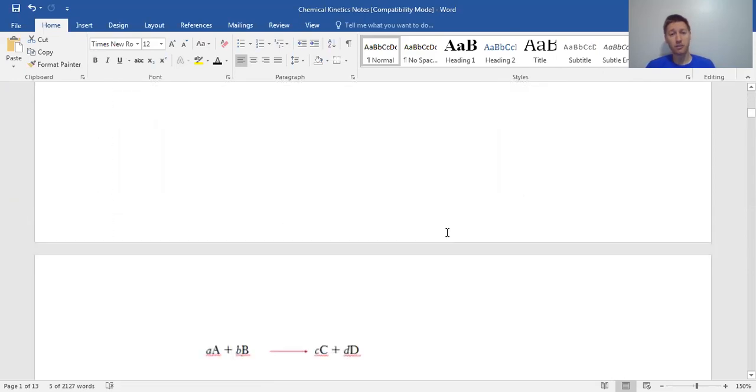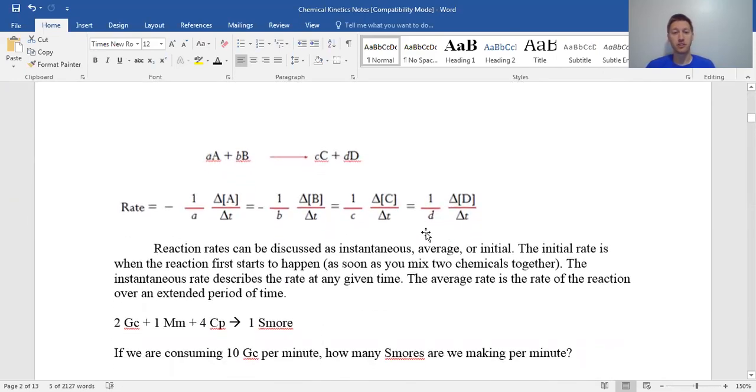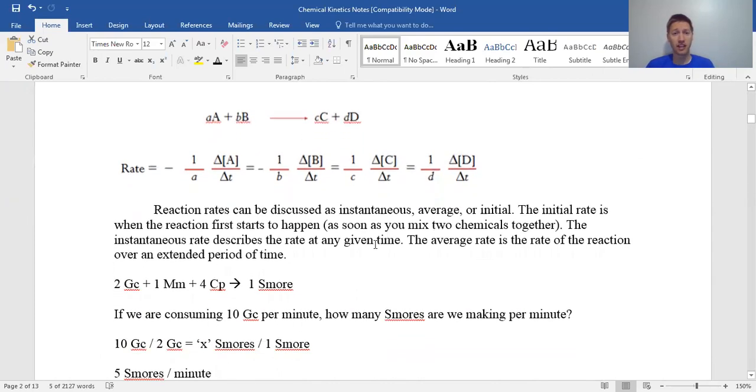A lot of times we're concerned about the math part of it, which is the idea of, well, how fast do they react relative to one another? So how fast are we using X, how much faster are we consuming Y, and how fast are we producing Z? This is really just stoichiometry though. This is just saying that the rate of the reaction depends upon the coefficient. How many of these things here?